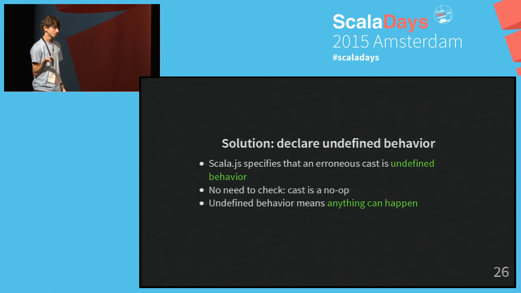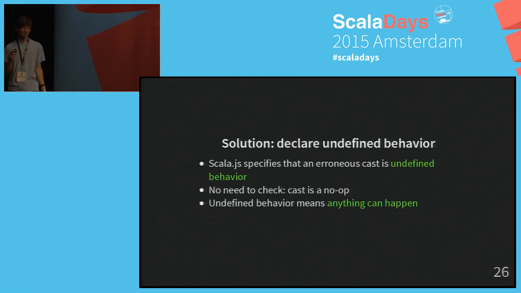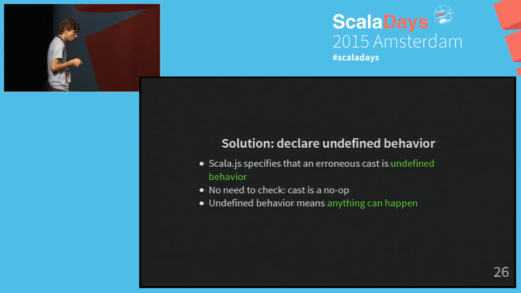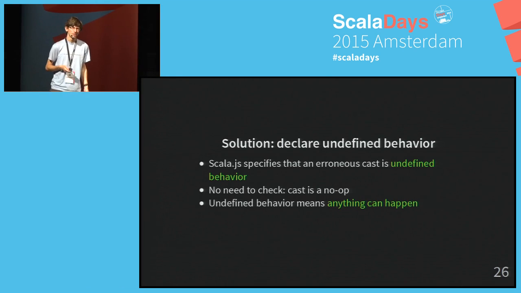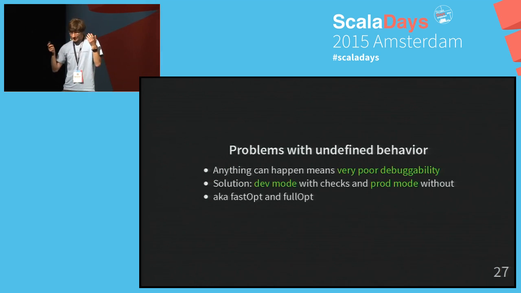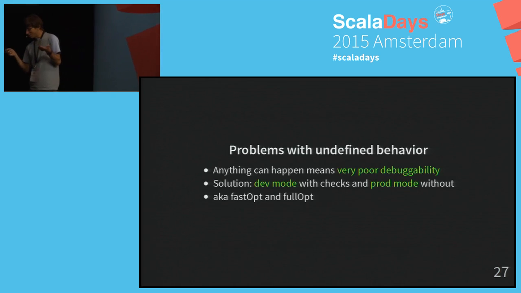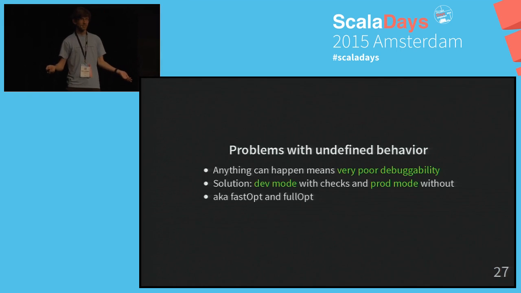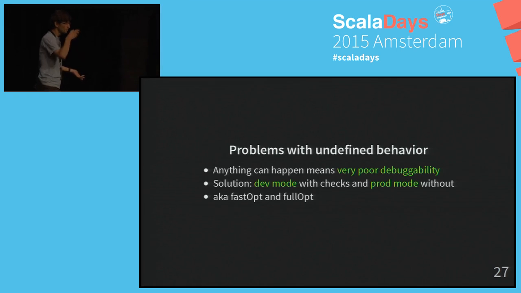So this is the kind of thing that C compilers and C++ optimizers do. We don't do many optimizations based on this yet, but we could. But either way, what's going to happen is that your program will continue with a value that doesn't have the right type. And this is not good for debuggability. It's really hard to first figure out that there's a problem, and then even if you do figure out that there's a problem, where did it happen? It could have happened earlier in your program and you have no idea.